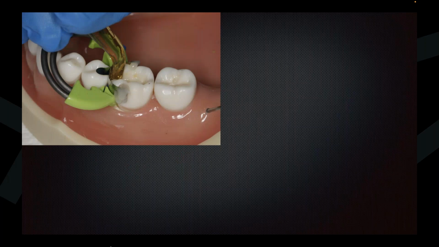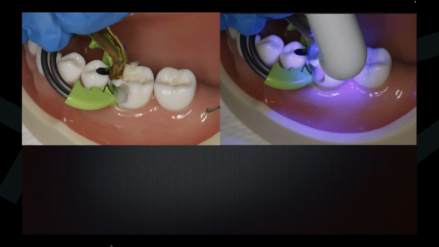Okay, so this is the push-pull technique. David Clark at BioClear developed an instrument to do this. I just use my CEJ and I bond while I'm pulling it, I have the assistant light cure those tabs of material. It's just part of the bulk fill material that holds that band against the buccal and lingual.